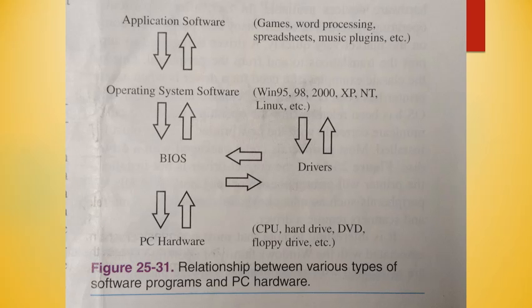Moving on to 25.3, software. Software is a set of instructions used to run a computer. Software can be broken down into two broad classifications: operating systems and applications. An operating system provides the utilities needed to communicate and carry out general user interactions. Typical user interactions are storing and receiving files or data,